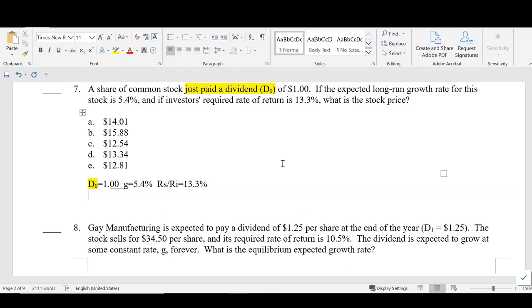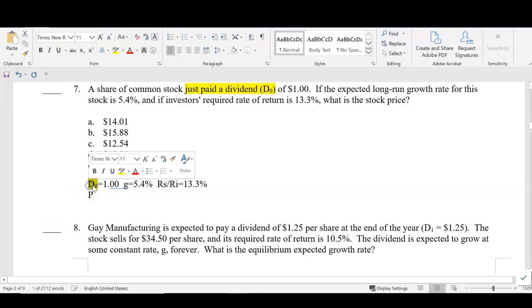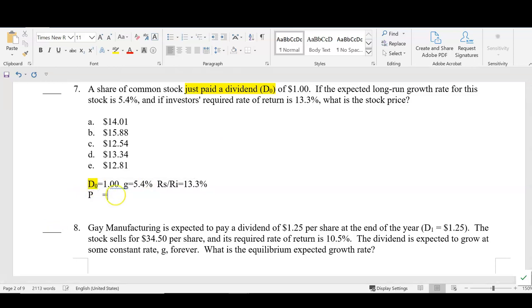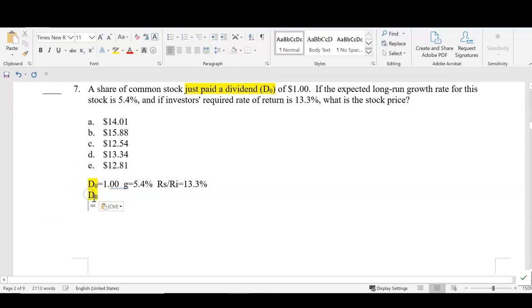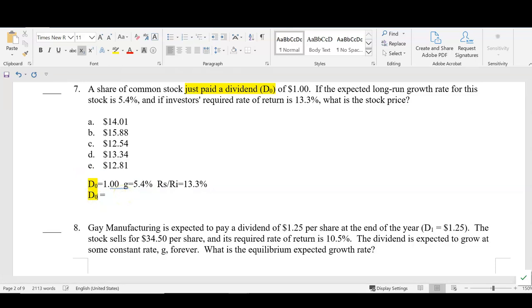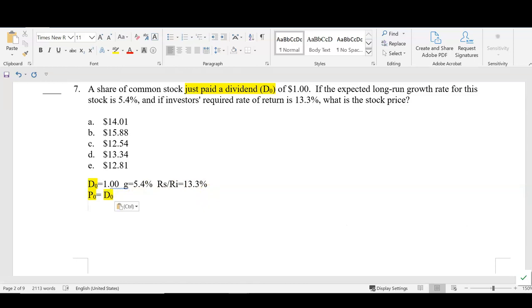So our stock price, P0, the price today, can be calculated using our constant growth model, which is D1